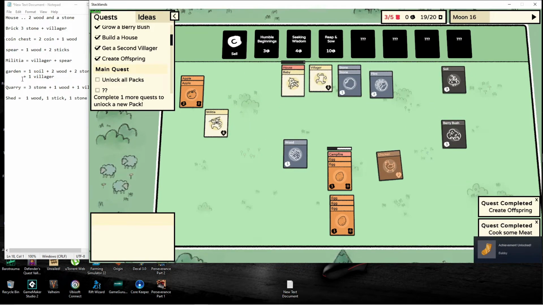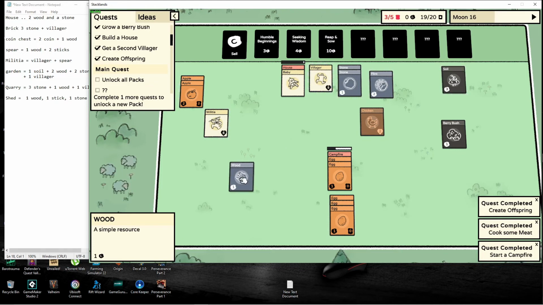And remember, we haven't even made some of this stuff. Like, we still want to make a coin chest. It's 2 coin plus a wood. We have our wood. Let's get 2 coins. Okay, let's get...